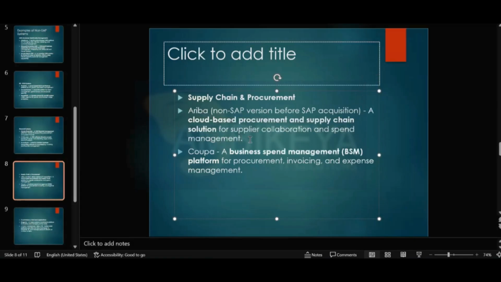This is the Ariba platform on which the vendor supplier data will be created. Mostly they will use this Ariba platform to create a supplier. They will give some general initial data in Ariba, and once they